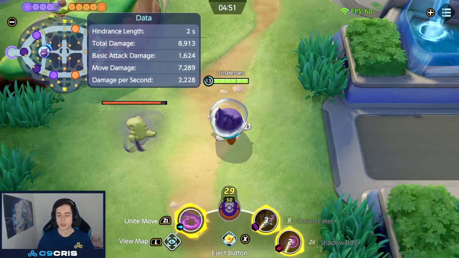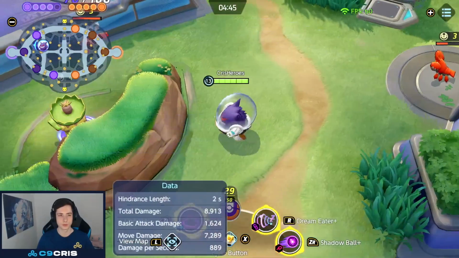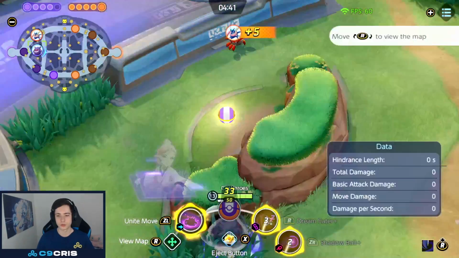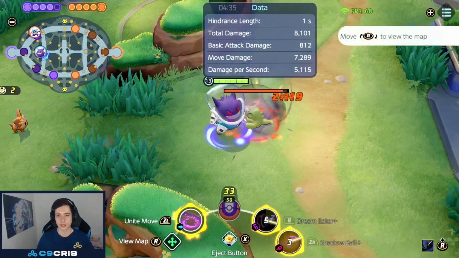That's the max combo. You don't need this for a lot of Pokemon. A lot of Pokemon will just die to literally one combo, especially squishy ones, like this blue buff maybe. It dies to pretty much a Dream Eater, Shadow Ball, Dream Eater, and most enemy squishies, most attackers will literally just die to this. They die to this, you port, you boosted auto attack, Shadow Ball again, and that's what